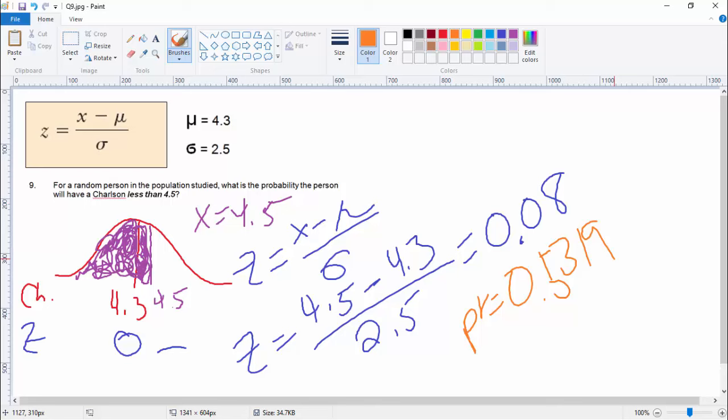Okay, 5319. What's the first thing we notice about this? Remember my little joop joop? If we do that and we get like 53%, we know that 53 is bigger than 50. It's bigger than the half, right? So remember how last time we had to do all this post-processing because we wanted the big piece and we didn't get it? Well, this time we were really lucky. We got the big piece. So now the answer, we already have the answer. We don't have to do this post-processing. So the answer to the question then is